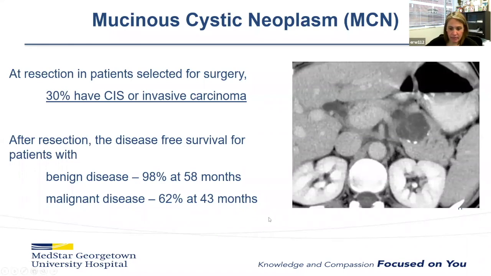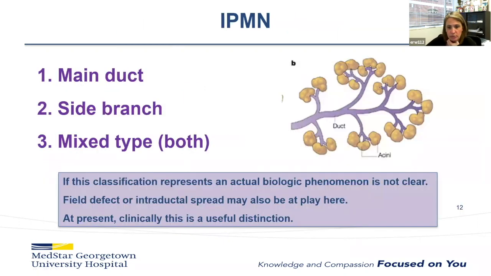And I think in general, that is what's being challenged, because there may be some smaller low-risk MCNs, and also because people believe, and I believe this as well, that probably this number isn't real if you took all patients with MCNs. It's just that we don't perfectly identify MCNs, and some that we are following as presumed side branch IPMNs may in fact be MCNs. Okay, and just to review, IPMN, this is what really all the guidelines are centered around,